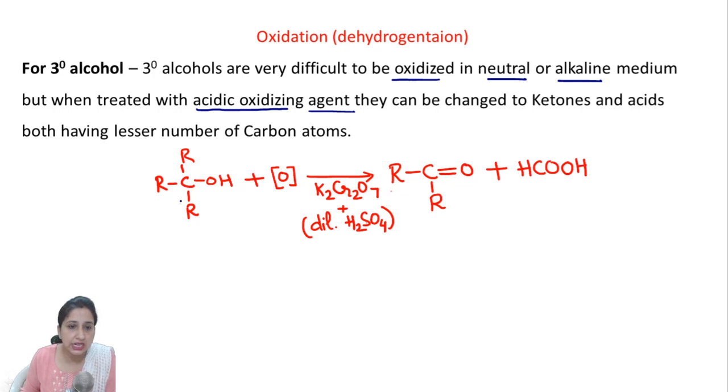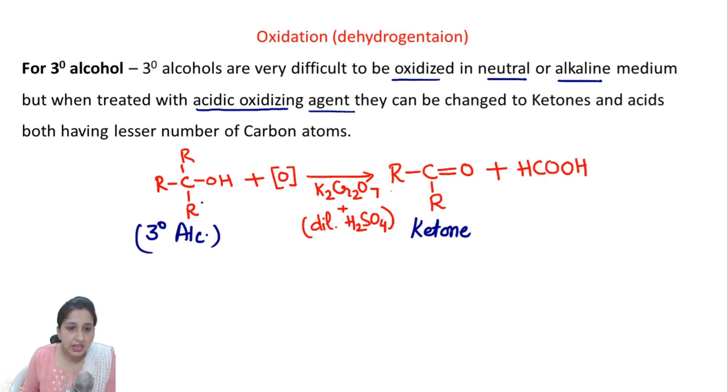Look, this is your 3 degree alcohol. Okay beta, 1, 2, 3, 4 carbons. Okay, a ketone is formed here, beta, this is your ketone. So it has 3 carbons. Okay, so this is your ketone. This was your alcohol. Which alcohol is it, beta? 3 degree alcohol. It first undergoes oxidation to release a ketone having 1 carbon less than that of the starting alcohol, and side by side you will get an acid.